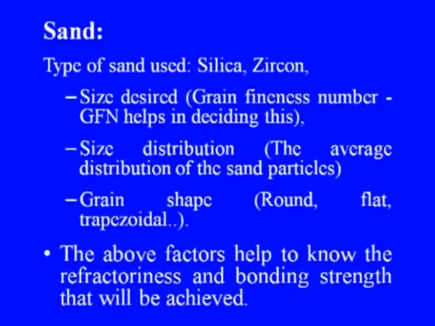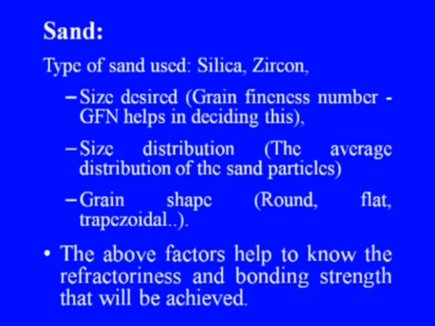Now, let us see a little detail about the sand used. The types of sand used in cell molding are silica and zircon. So, they depend on the size desired. Then in this size, the factor which is considered is GFN, that is the grain fineness number, that helps in deciding this size. Then size distribution,